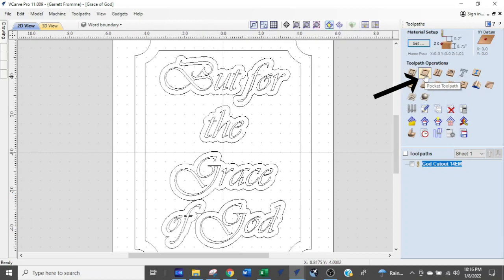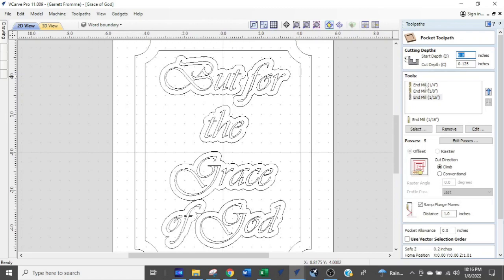So here's the pocket. We click it, and we have bits in here that it's populated as I did it from the last time. So we need to get rid of something. I don't need the 1/16 of an inch right now. I'm going to delete that or remove it. I'm also going to remove the 1/8 inch as well, because these are